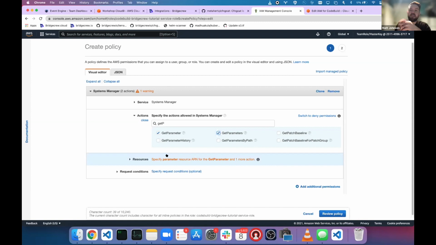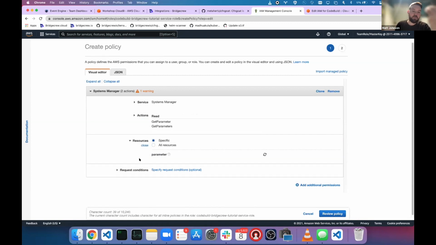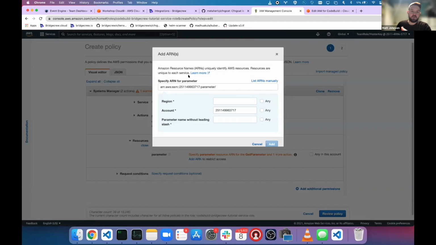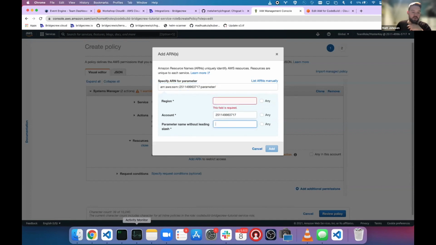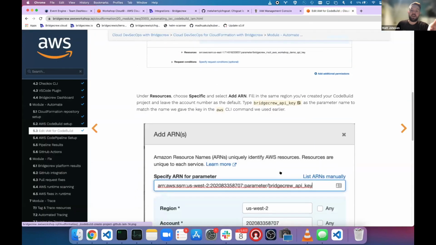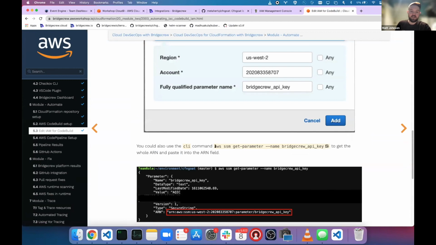But obviously, the System Manager might contain thousands of secrets for thousands of teams. So, least permission possible. We want to only give access to a specific secret, which is our API key. Now, to do that, we need to specify the Amazon Resource Name for our key. You can either do that by specifying the region and account and the name, or we can run a little command in Cloud9 to find out the ARN of that